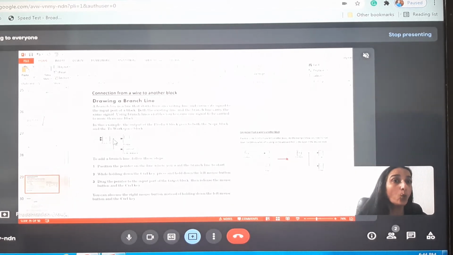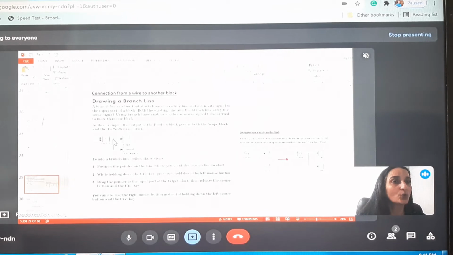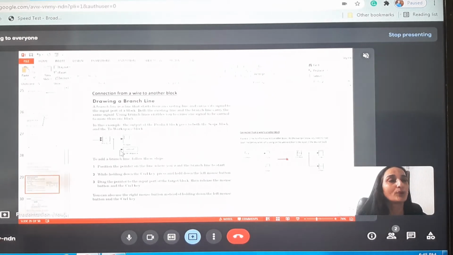Now, while holding down the control key, press and hold down the left mouse button. Then drag the pointer to the input port of the target block.